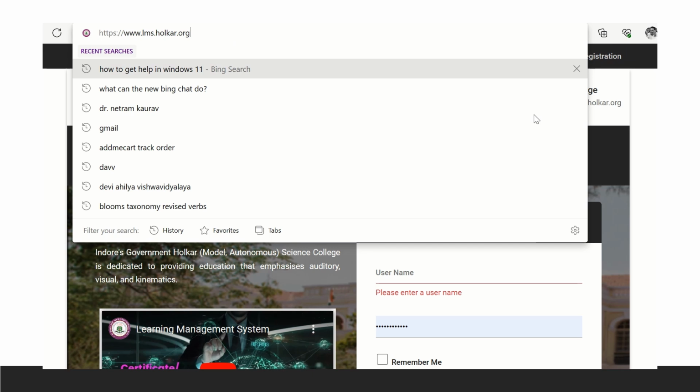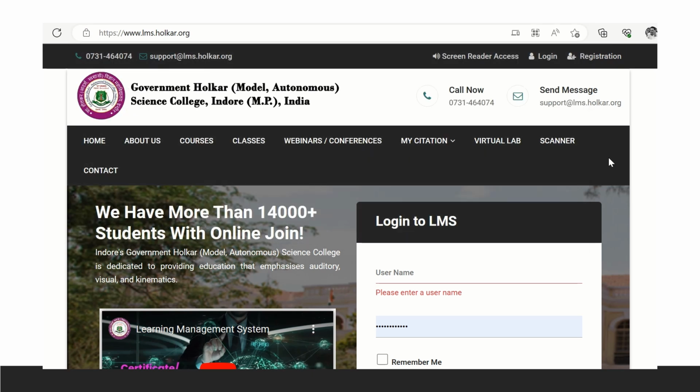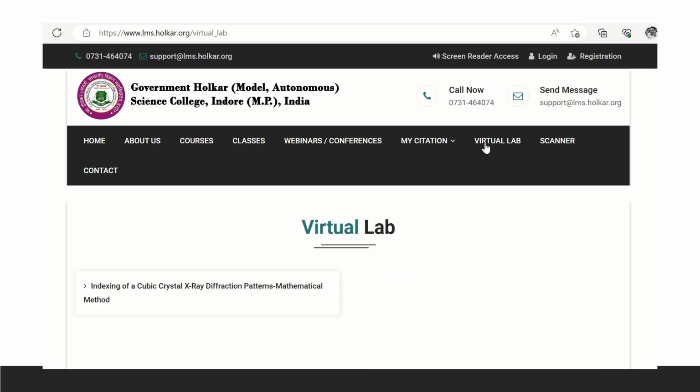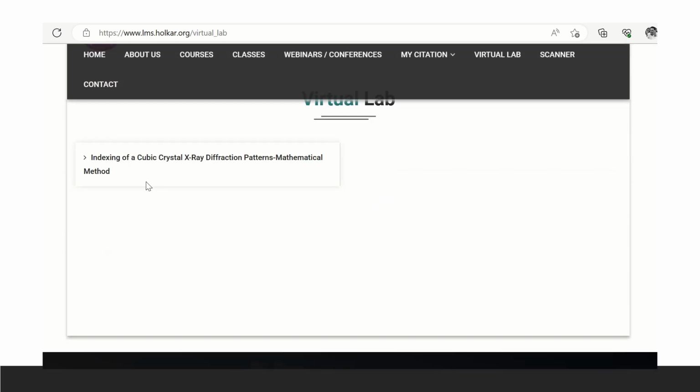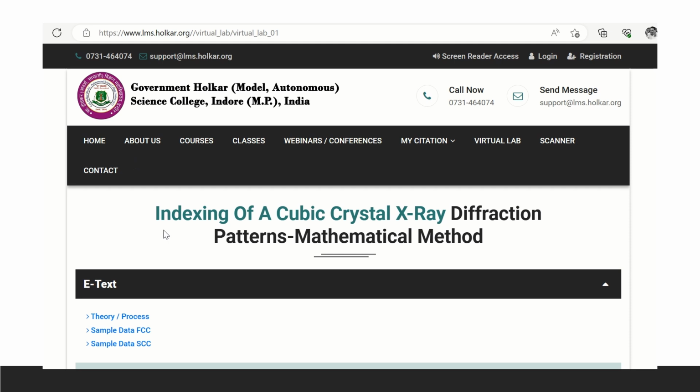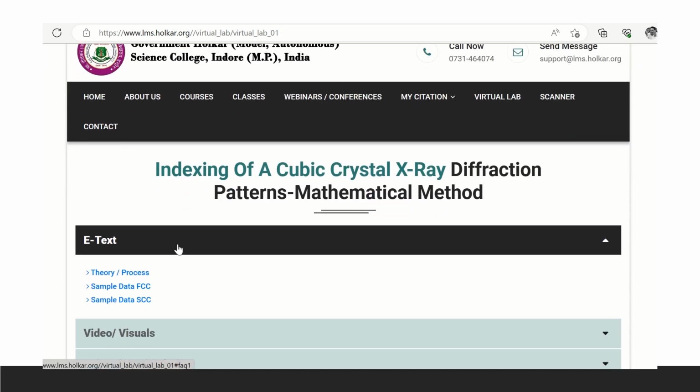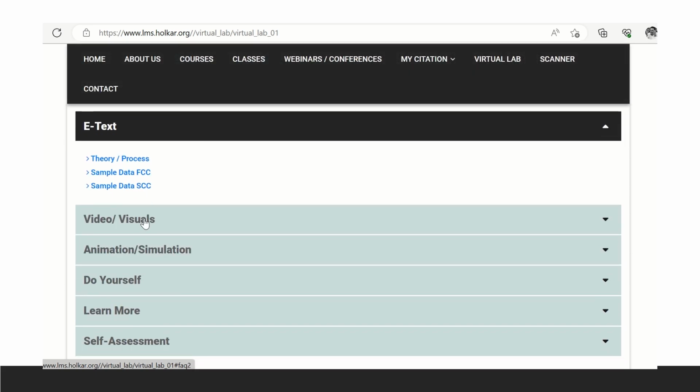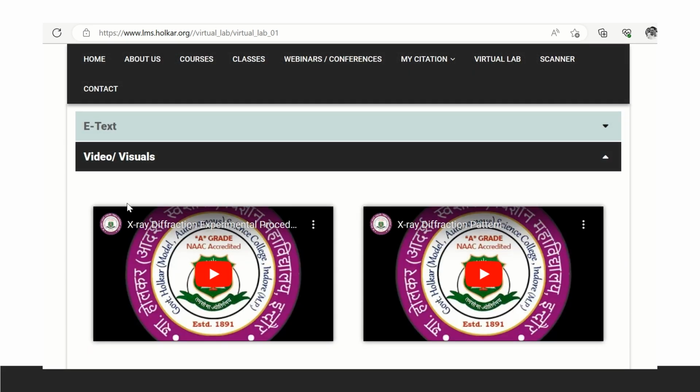Similarly, in our own virtual lab, first you need to go to the home page of the LMS, that is lms.holka.org, and then you will find a virtual lab tab on the right side. If you click on that, you will find a virtual lab. As of now, there is only one experiment, and in the coming days there will be many more experiments in this tab. So the first component of the virtual lab is e-text, then video visuals,